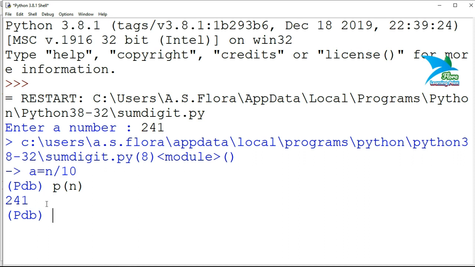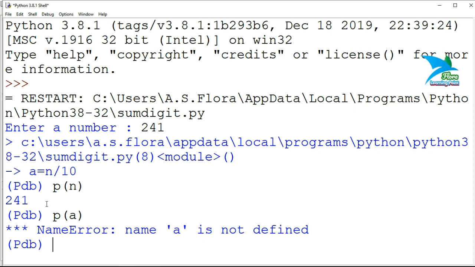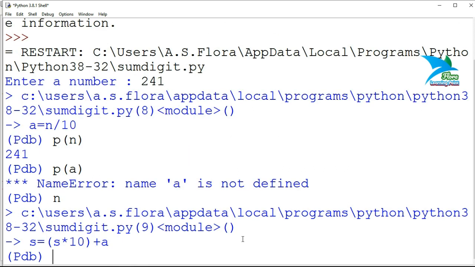Now you can see the present value of n is 241. Next I want to print the value of a, but presently the system hasn't executed this line, so after the execution of this line a will be assigned a value. Presently the variable a is not defined, so I'll specify n to execute the next line.